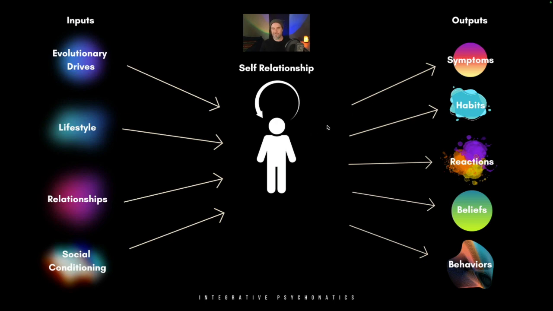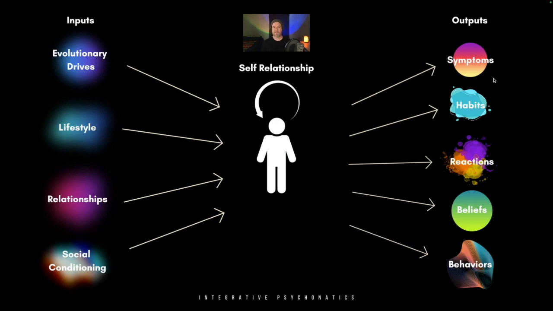Okay, let's talk about outputs here. So, essentially, I'm looking at inputs as these different domains where we can be easily wounded or have a lot of negative impact come at us, right? The outputs are what happens. So, depending on what happened to you, your output could be symptoms, automatic symptoms that you have, right? I would lump depression or anxiety in this category of symptoms, right? Having triggers would be a symptom.